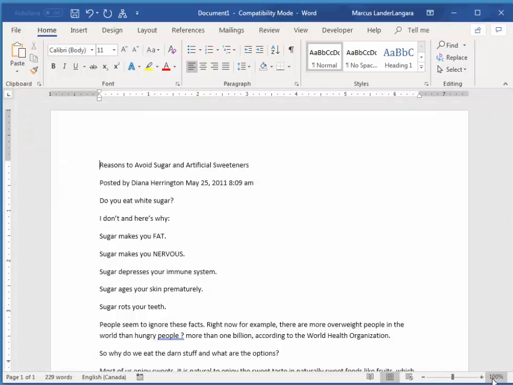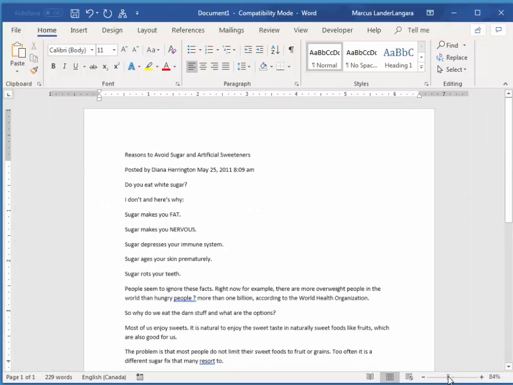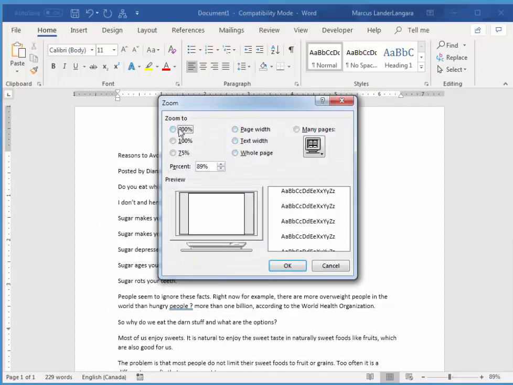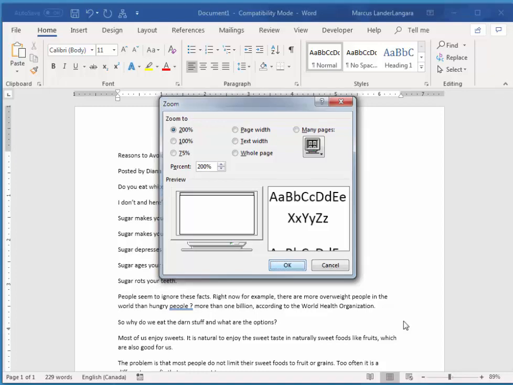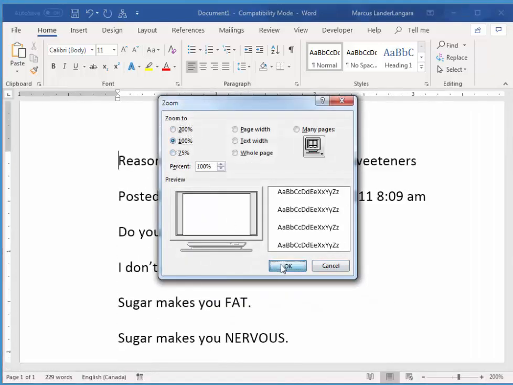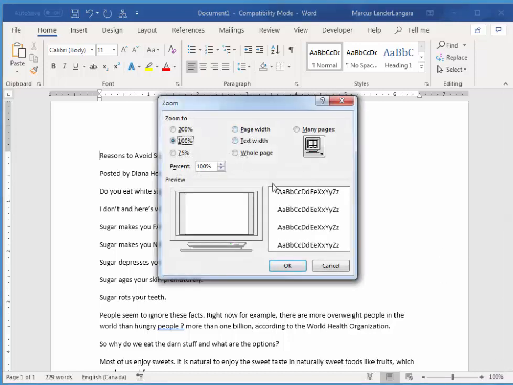Now we also have the ability to zoom. So if you want to drag this little slider, you can zoom in and out. Also, if you click on the little number there, we have a bunch of preset options. So I can go into 200% or back to 100%. And we also have a couple of other options here. Page width, which is something I like to use when I'm reading. Text width,